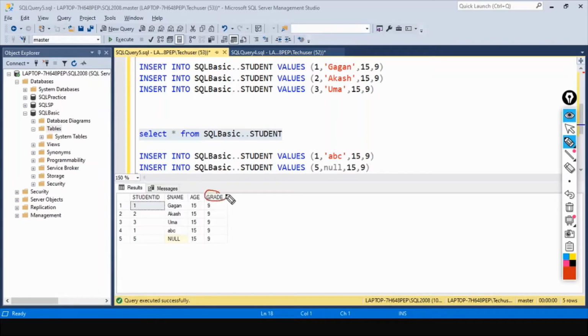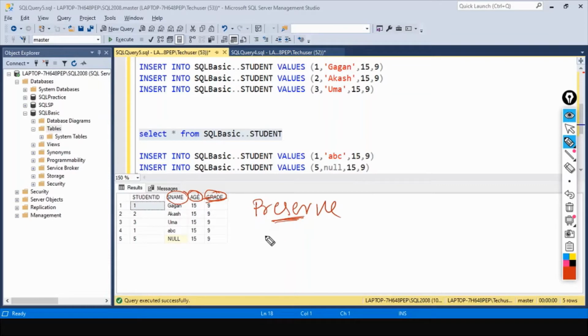It can be applied only on the columns to preserve the correctness of the data. Just to repeat myself, constraints are the conditions which we will be using on the columns of the tables to preserve the correctness of the data.